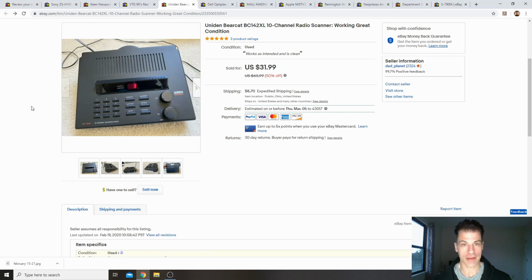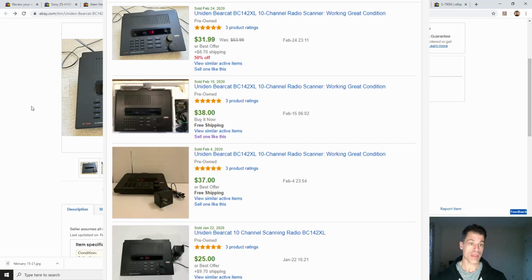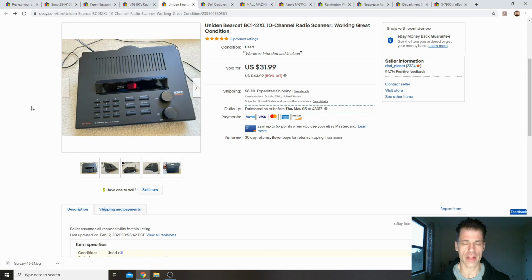Uniden Bearcat BC142XL 10 channel radio. I don't know what this is. I have no idea. The only homework I did on this was research the model number. The comparables show that there were very good sales. I thought I had it priced at $39.99, but it's marked here $31.99, and that is what it sold for. It sold for $31.99, $10.90 to ship, $2.56 in tax, so the buyer is $45.45 all in, and I paid